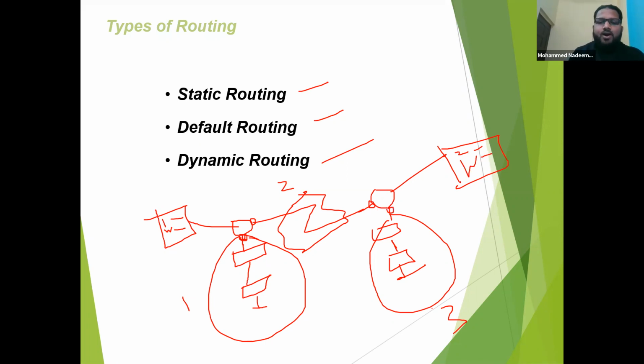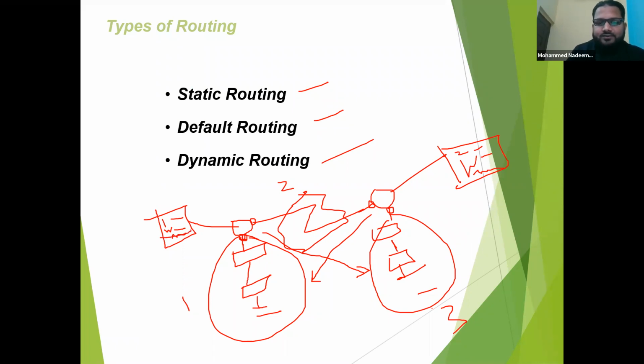So if I ask you, which network is not directly connected to the Hyderabad router? Obviously you are correct, this network is not directly connected. Similarly, from the Bangalore router, this network is not connected. If this LAN wants to talk to this LAN, all three routes have to be placed in this routing table, and similarly all three networks have to be placed in the other routing table. So for the networks not directly connected, you need to use these routing methods and insert those missing routes.